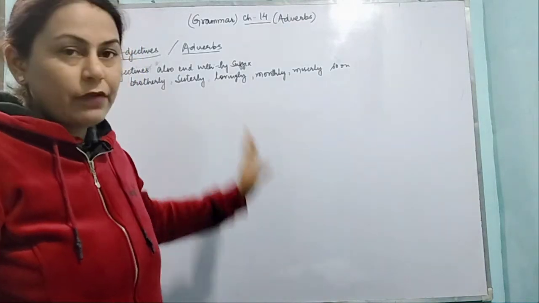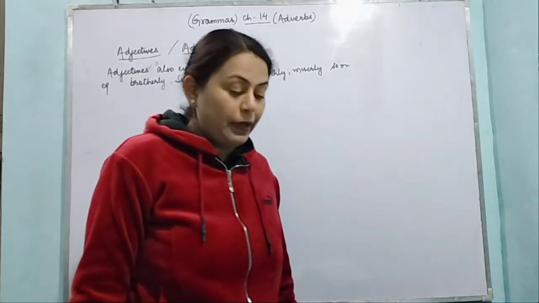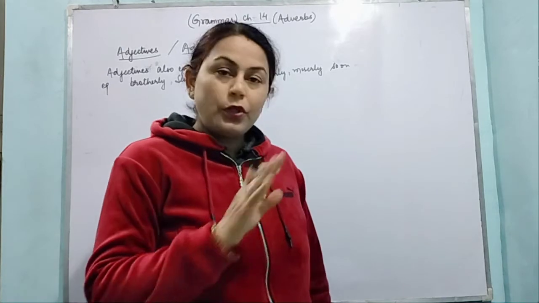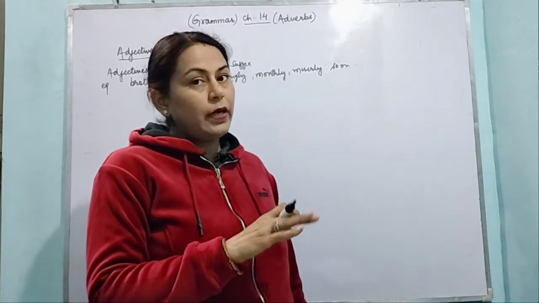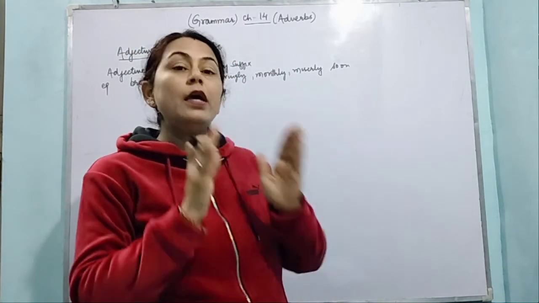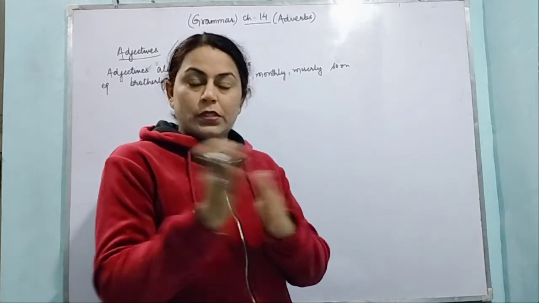There are many adjectives also that end with the ly. But some of these words are used both as adjectives and as adverbs. पर इनमें से कुछ ऐसे words हैं जो हम as an adjective भी use कर सकते हैं और as an